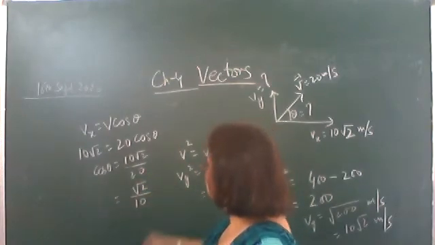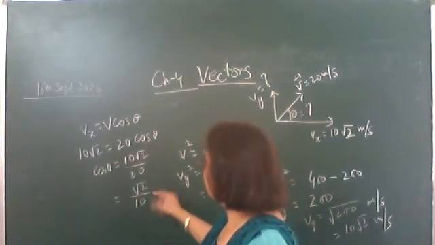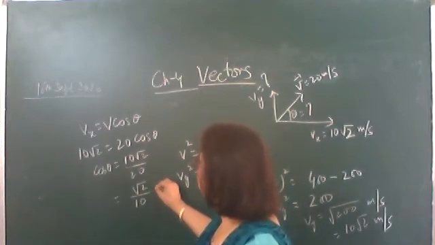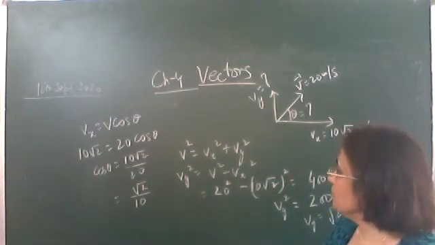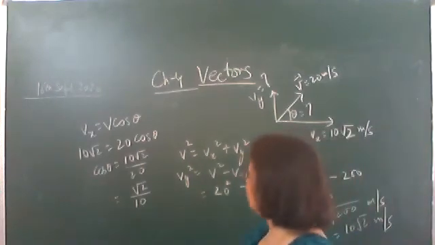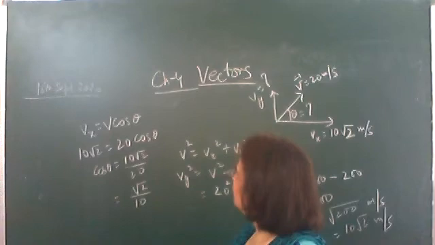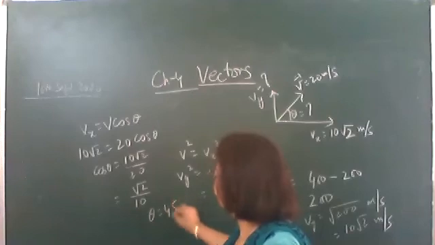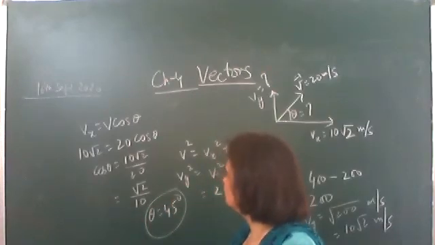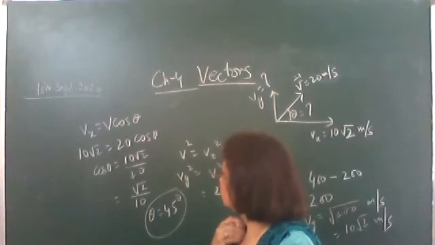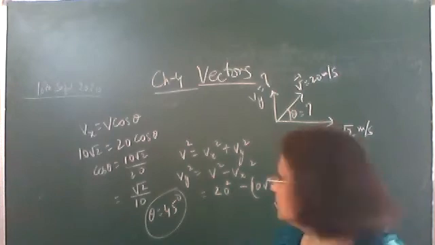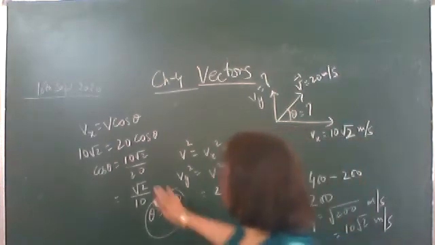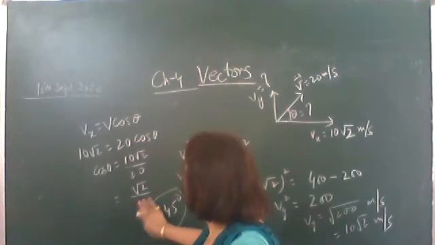That is multiplied by 2. So what do we get? Some problem? Yes, Vx is equal to V cos theta. So what will be theta? Theta will be equal to 45 degree. Are all getting this answer? Ma'am, it would be root 2 upon 2. Yes, root 2 upon 2.